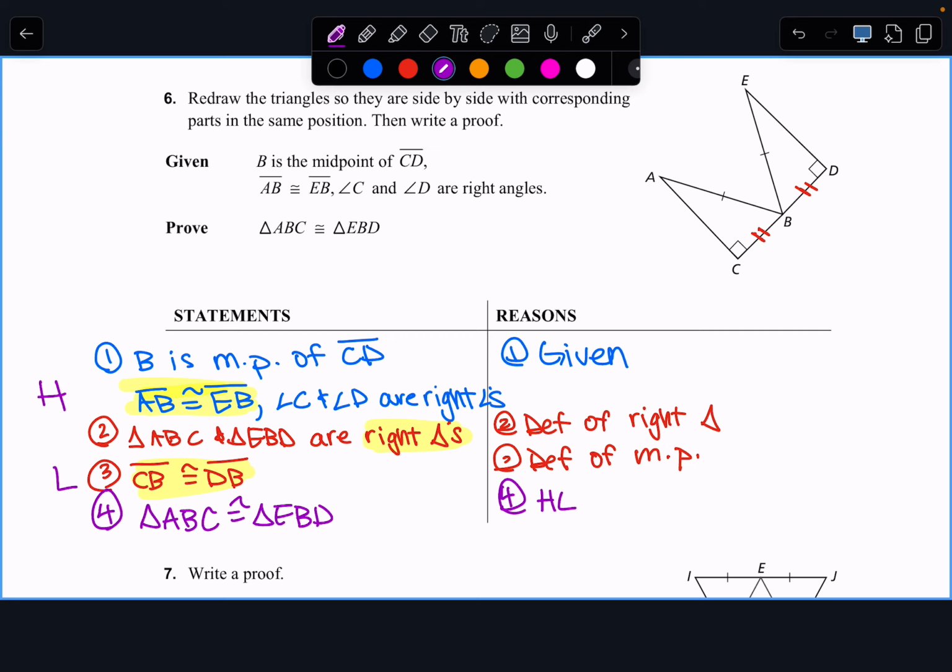Honestly, the pictures are a lot easier to see. It's just a matter of like having to get everything written out. Oh, okay, so, wait. But couldn't you also say side angle side? Could we say that? Boom, boom, boom. Is the angle between? That's not the next side. Okay. Okay, so